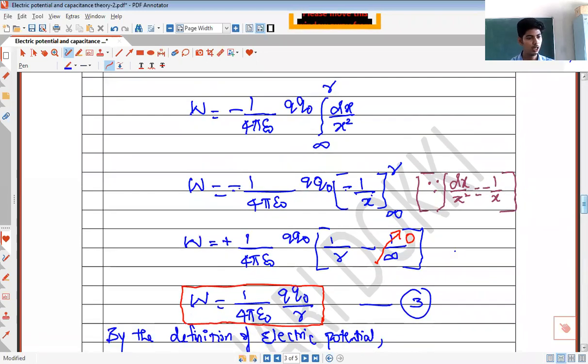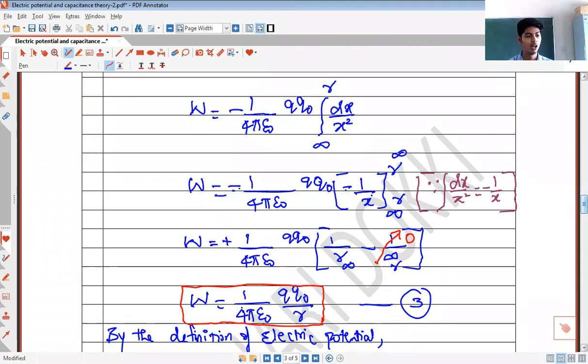Suppose look at the limits here. If the limits were made r and infinity, where the infinity comes here. Suppose I make this r and I make this infinity. With a negative source charge, this would be r and this would be infinity. First the upper limit infinity is substituted, and then we would have substituted r. Correct? 1 by infinity would be 0. This term would have become 0. And you will be left with minus 1 by r.